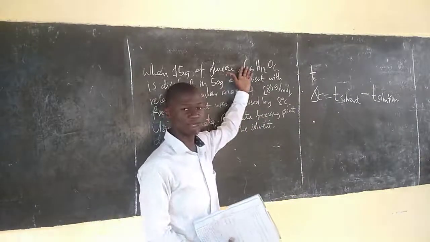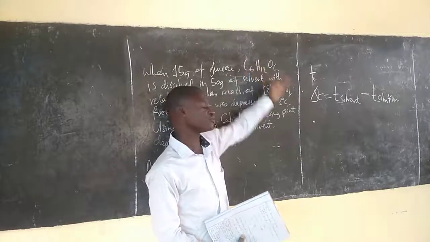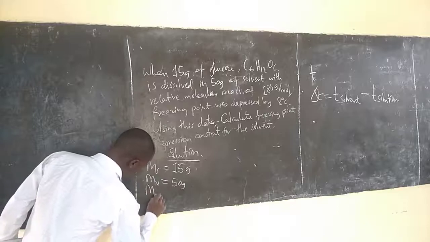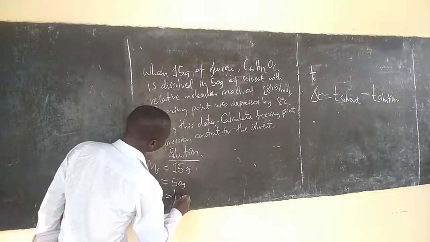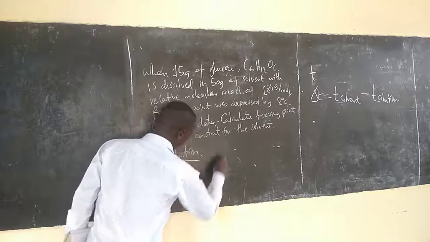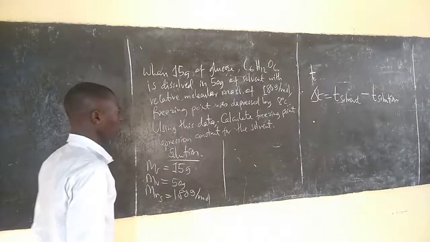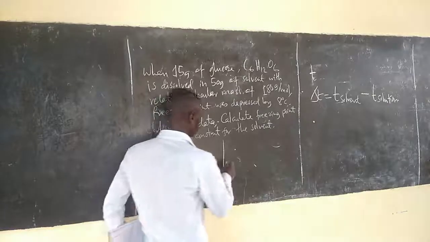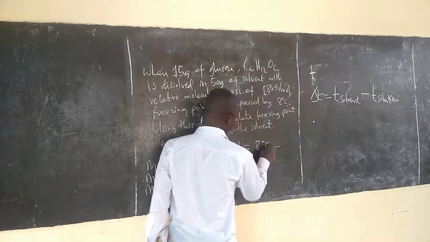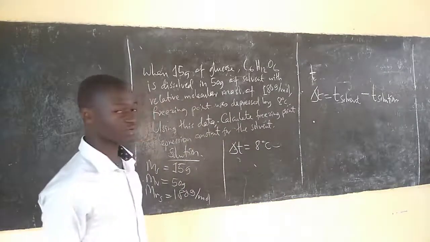If you calculate 6 times 12 plus 12 times 1 plus 16 times 6, you get the molar mass of solute equal to 180 grams per mole. But also we are given the freezing point depression, change in T equal to 80 degrees Celsius. So as we know,